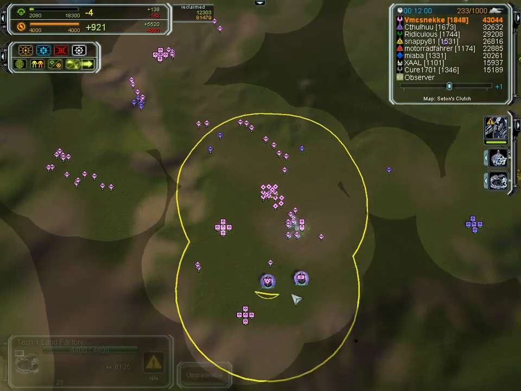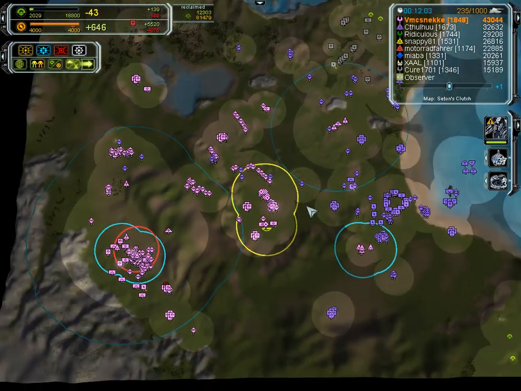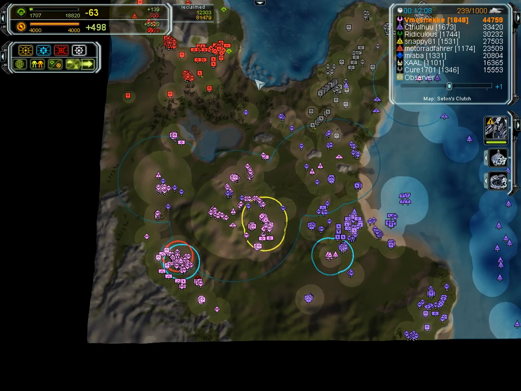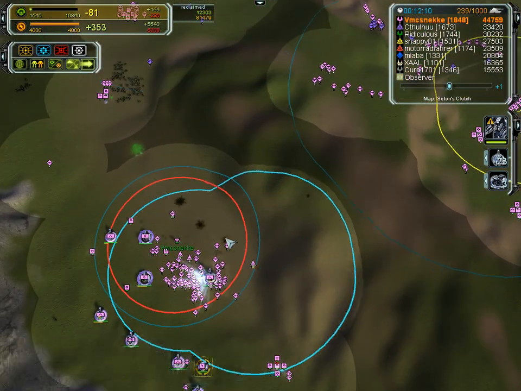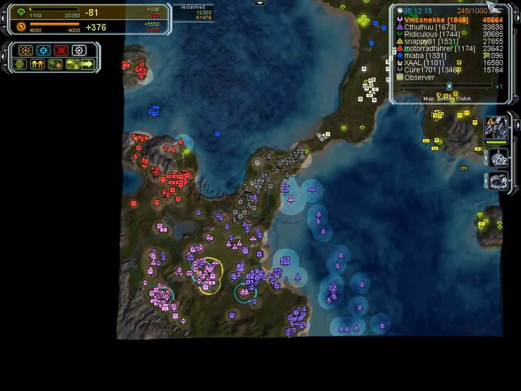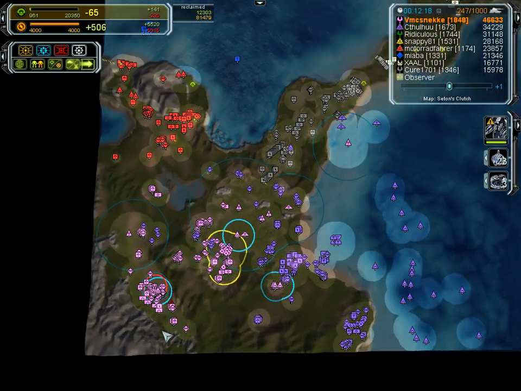Meanwhile, he was making some artillery, perhaps thinking about a drop. And you can see all the trees are gone, and total reclaimed 12,000, and quite a bit of it came from the old power generators. You can see in terms of the score, VMC is way ahead of everybody in this one,